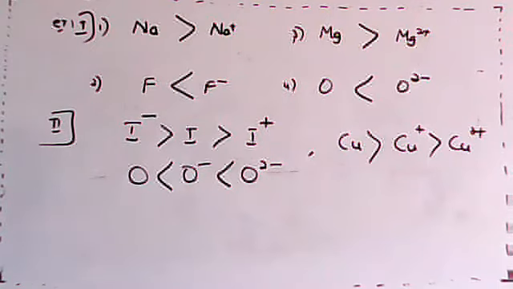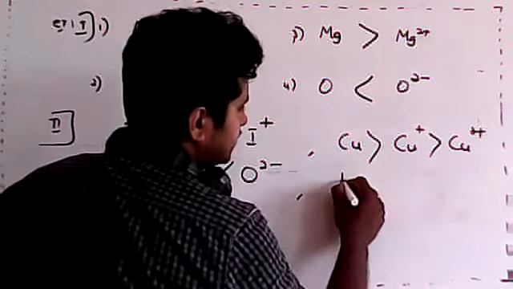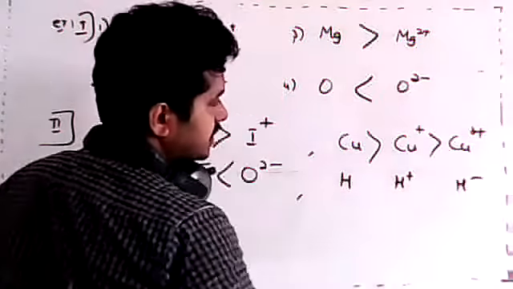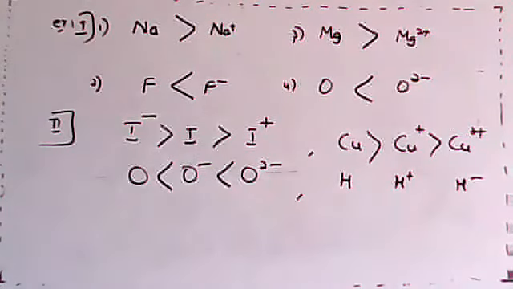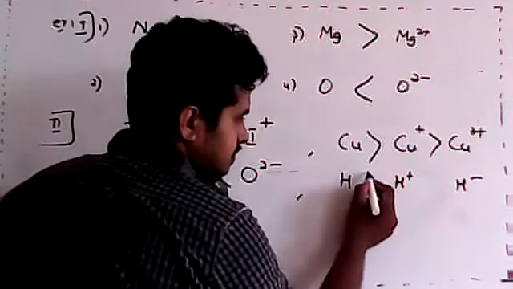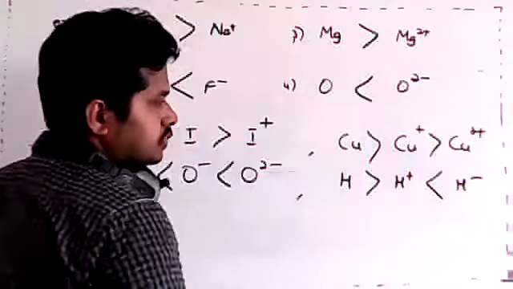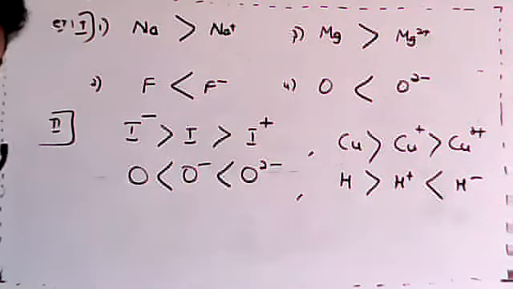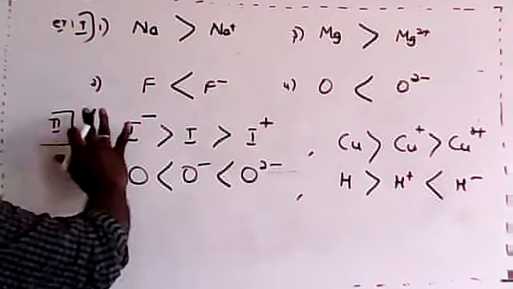Then I think we have answered everything almost. So if it is H plus, H minus, now which sign will you use? Okay. Yes, very good. This is the sign. Yes, Pratika. Yes, Shilpa. So you should use this sign. Yes, Prajwal. I hope this is clear. So this is how you can compare the anionic size.